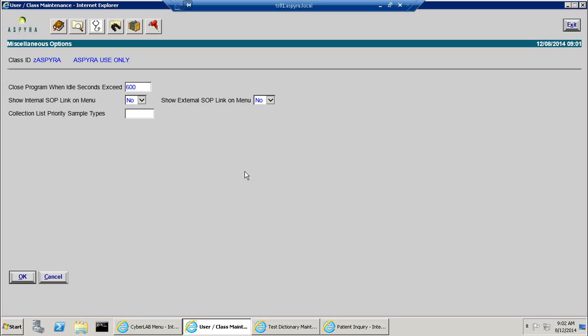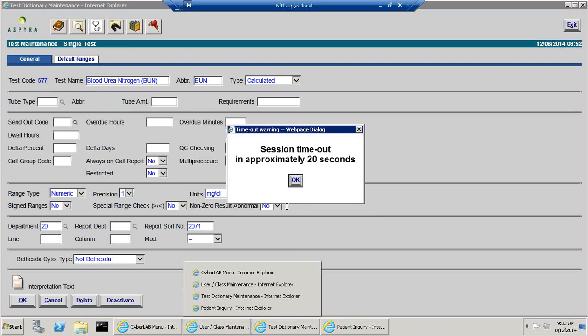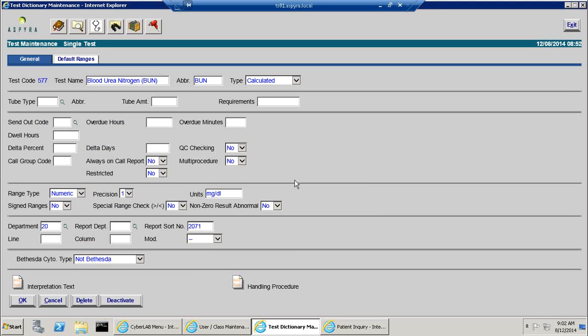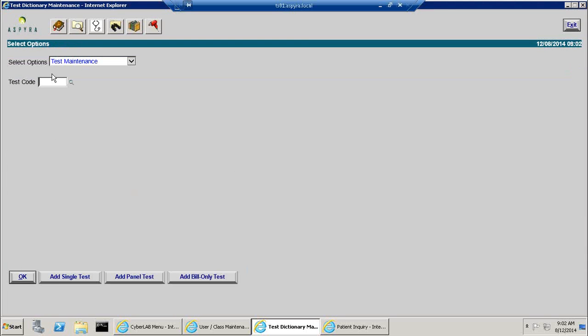So you notice that we saw some messages that were popping up here that said we're going to close this screen in 20 seconds. That means that the 600-second limit that I have set for my user class is about to expire. And you really can't change that from happening. If it says it's going to happen, then it's going to happen in 20 seconds. There it is. Now I can't change that. Now I can cancel this screen, and then I can go in and look at it again, and then the